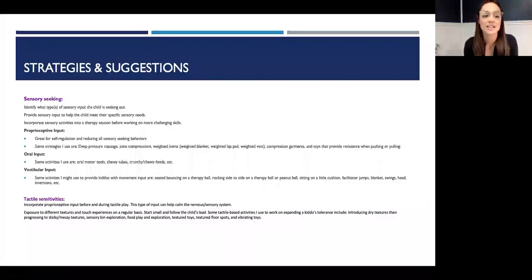So some strategies that I use during sessions and have parents do at home with their kiddos: deep pressure massage, joint compressions, using weighted items. That might be a weighted blanket, a weighted lap pad, wearing a weighted vest for short periods of time. Compression garments like a compression shirt, and just